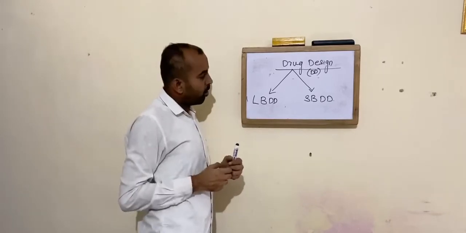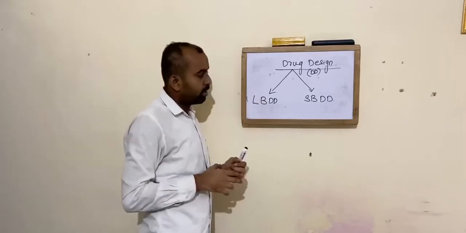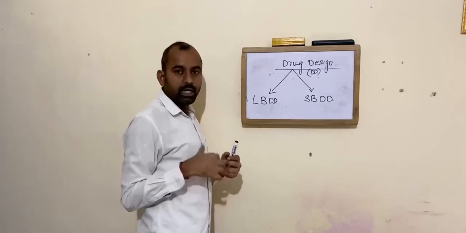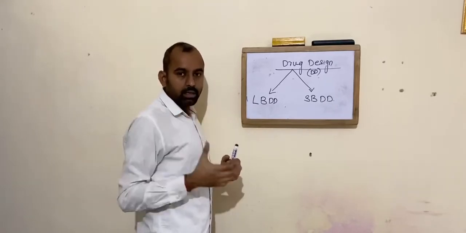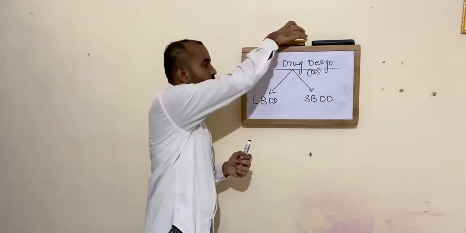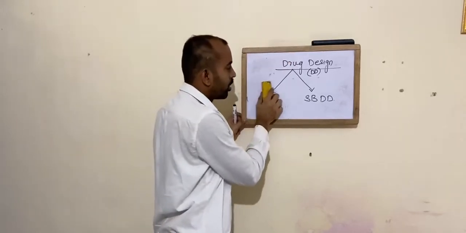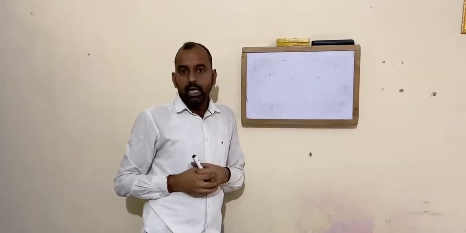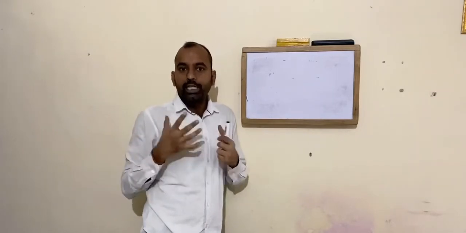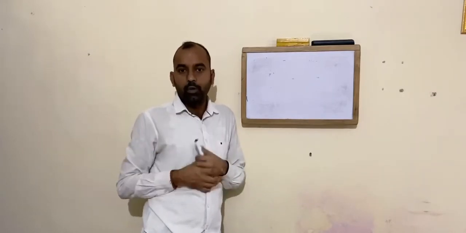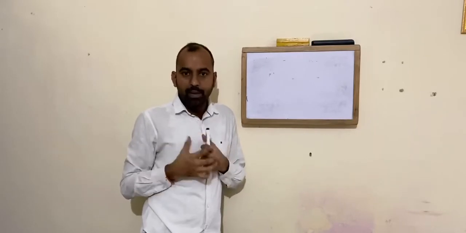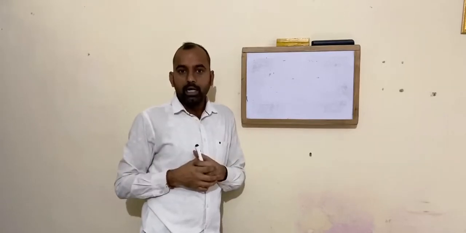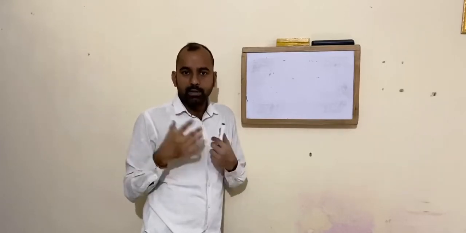So let us see how they are different from each other and what the basic steps are in designing any drug for any disease, epidemic or pandemic. For that, let us focus on some fundamentals of drug design. Before designing any drug, you need to know the protein structure of the target causing that disease. Suppose you are dealing with diabetes, you should know about the insulin binding receptors present in your body, G protein coupled receptors or any other receptors.